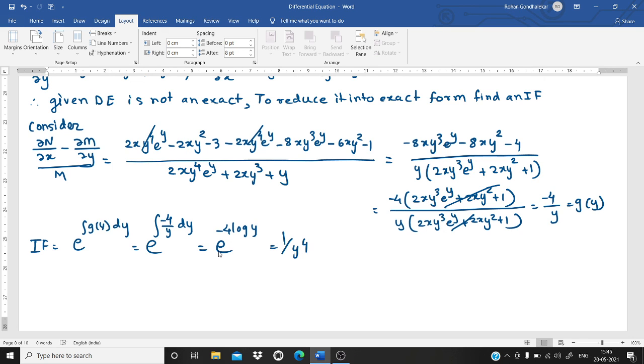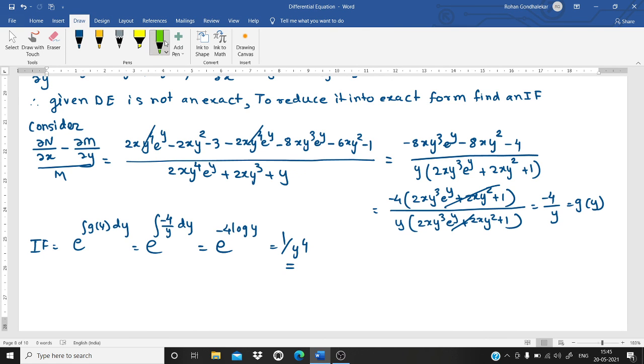So the further part I am leaving as homework. You multiply the given differential equation by 1 upon y raised to 4 and then work out the solution. So you complete this example. I am giving one problem separately as homework. You try it and post your answer on the Google Classroom. So the question is,